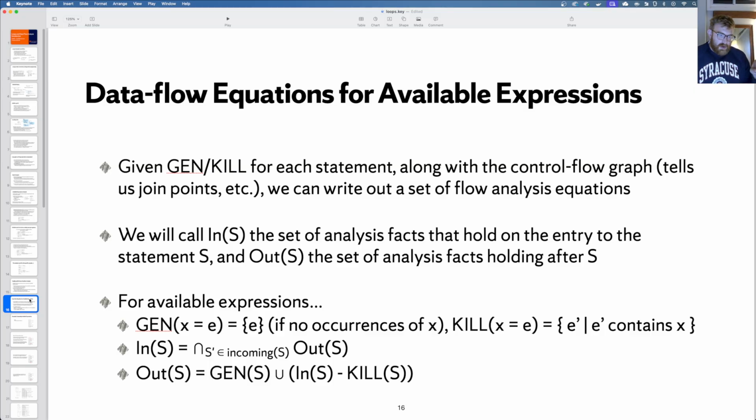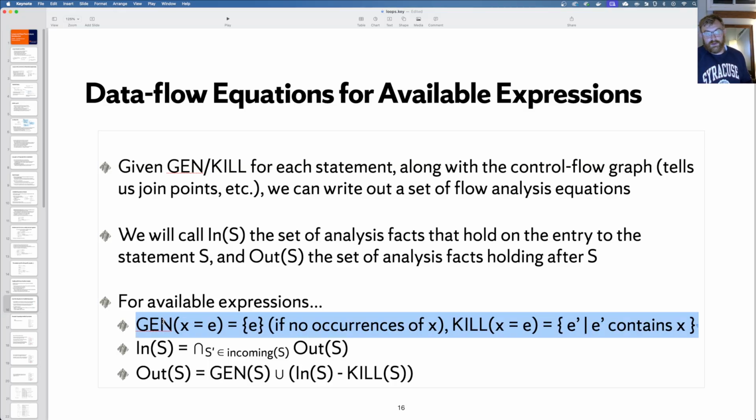Now, given that we have a gen and kill for each of the statements, along with the control flow graph that tells us things like the join points, we can write out a set of flow analysis equations that talk about how to compute in and out sets, and how to propagate information by running the analysis to generate a solution for the program.